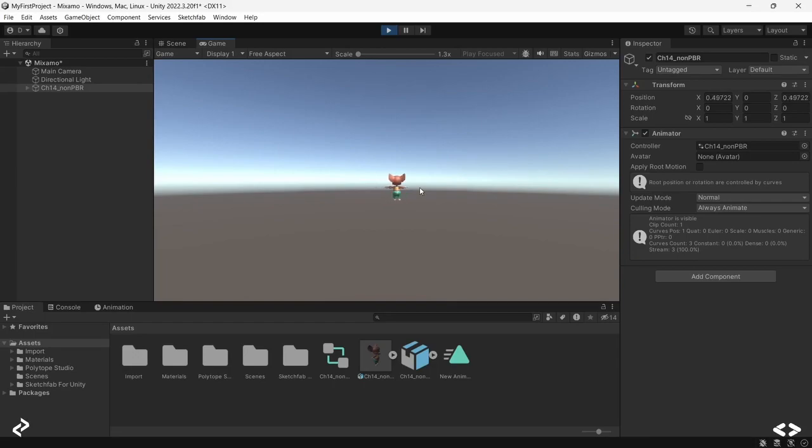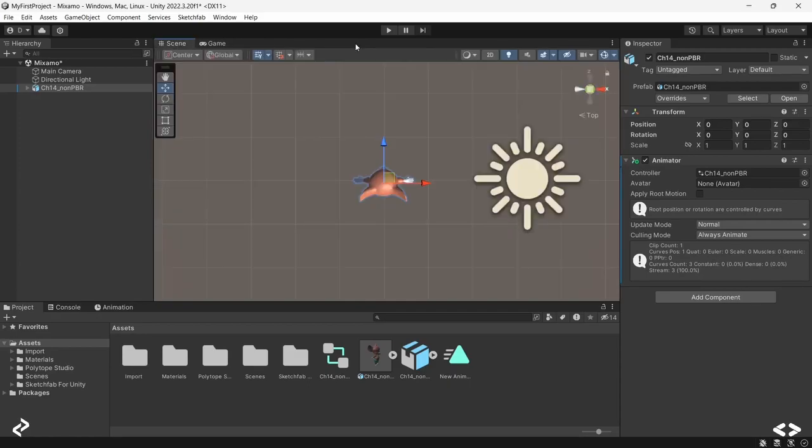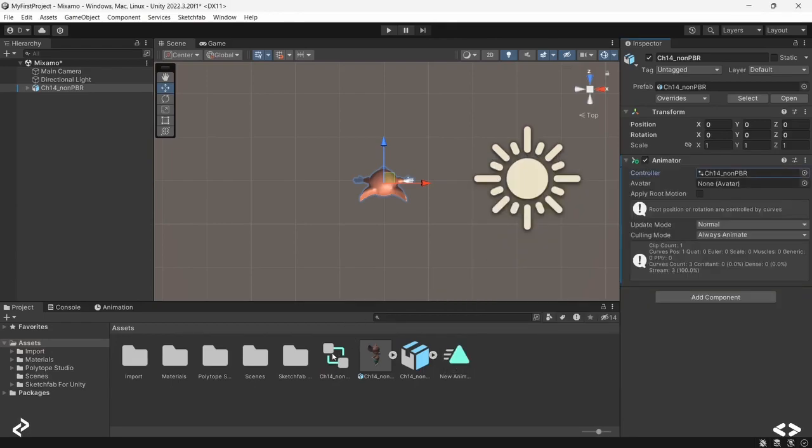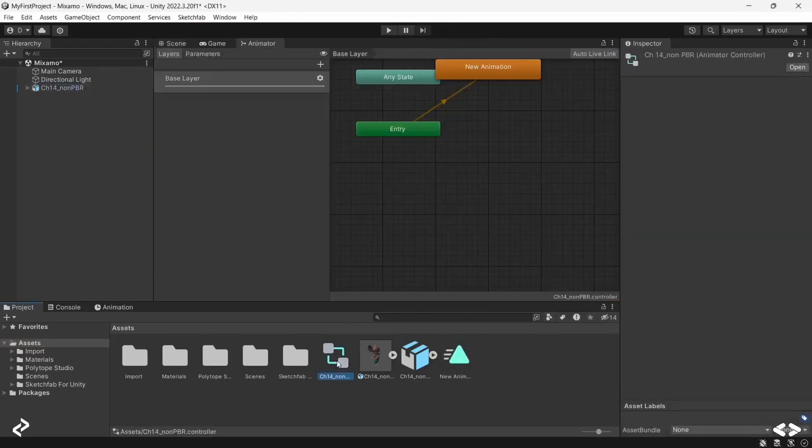As you can see, the character is moving in the xy, or rather xz direction, back and forth. That's the animation that we had decided. So in this particular character, the animator has something called the animation controller. This is the animator controller over here, and that got created by default. As you can see, it's over here. So just double click on that,